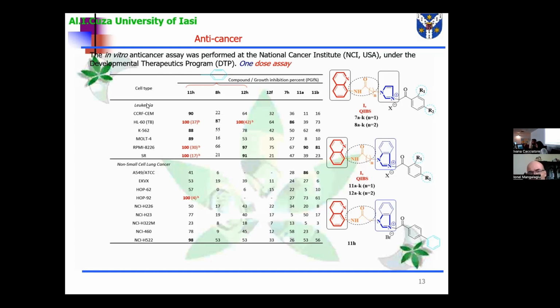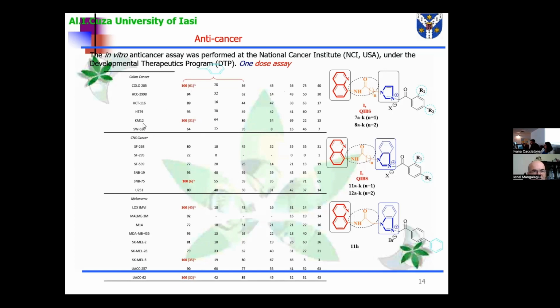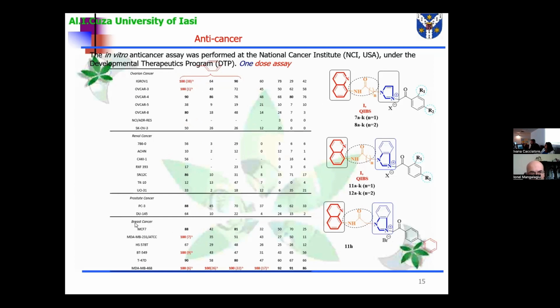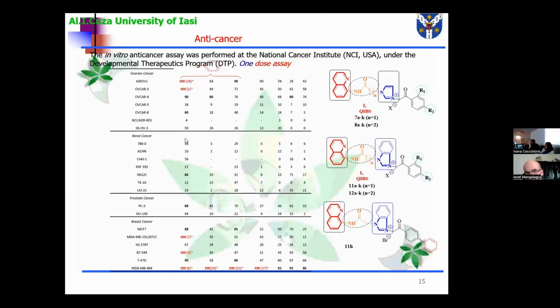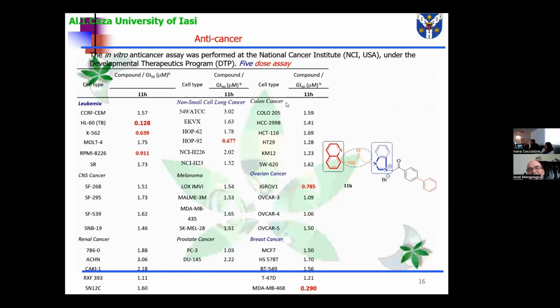And as you could see, the compounds are very active against three types of leukemia, and the cytostatic effect is 100%, and the cytotoxic effect is 35%. And as you could see here, the same very good results for the other two leukemias, for this non-small lung cancer, and also for colon cancer, CNS (central nervous system) cancer, melanoma, ovarian cancer, and breast cancer, good results. So it seems that these compounds have a quasi non-selective activity,